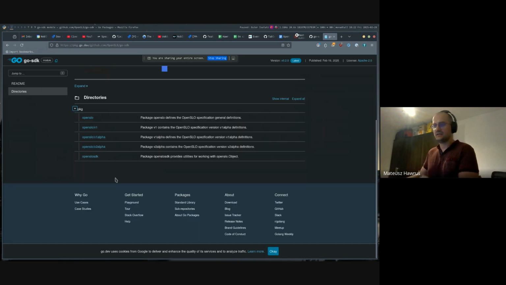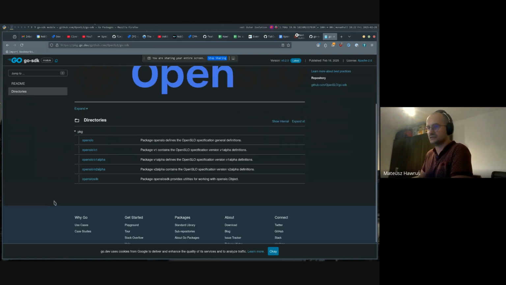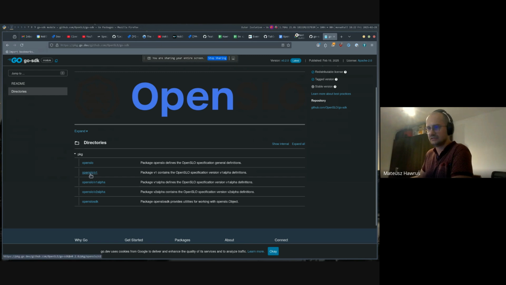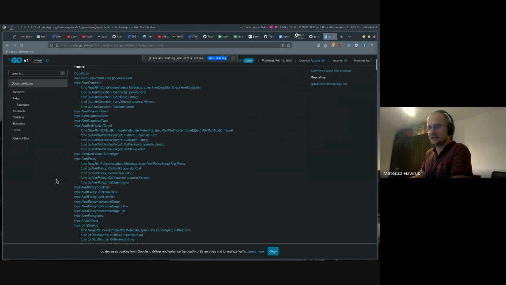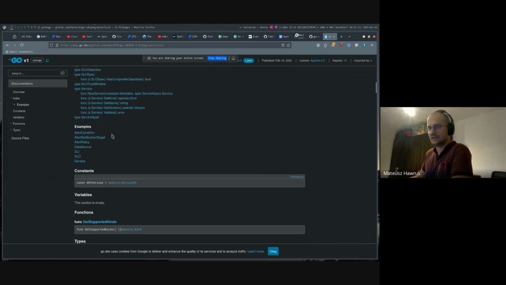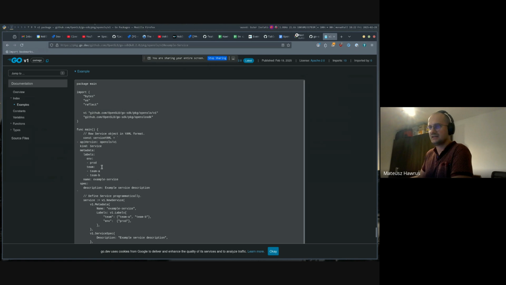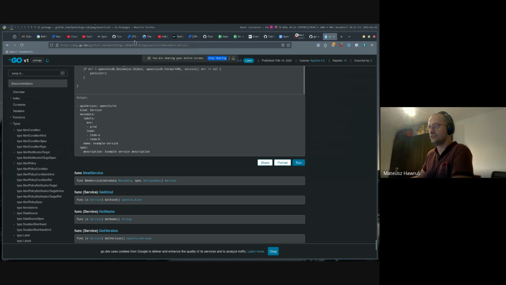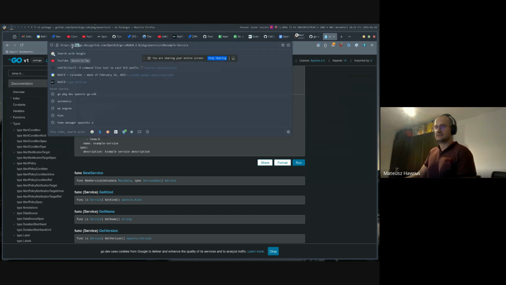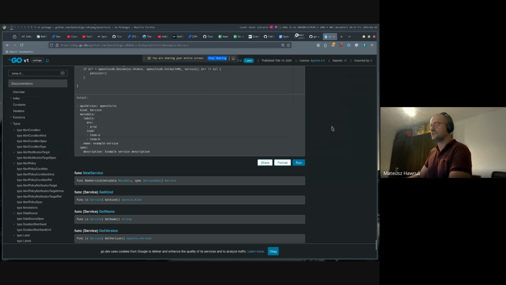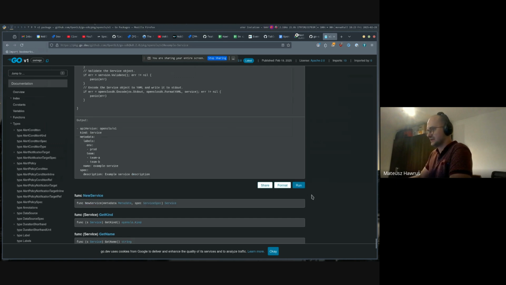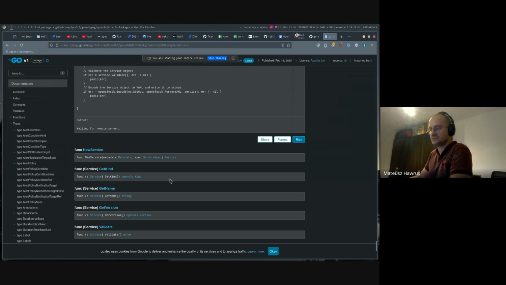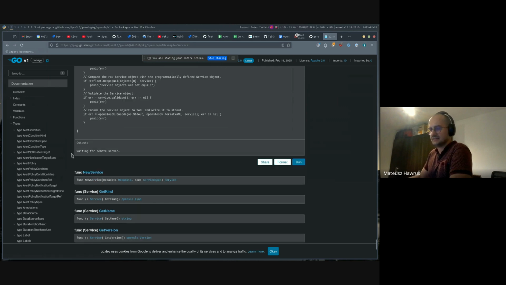So when exploring the documentation for this SDK, if we go to version v1, we can see that we have all of these examples, and these examples can be executed even in the Go package Go dev, which is the standard source for Go packages documentation, and we can actually run it here inside our browser